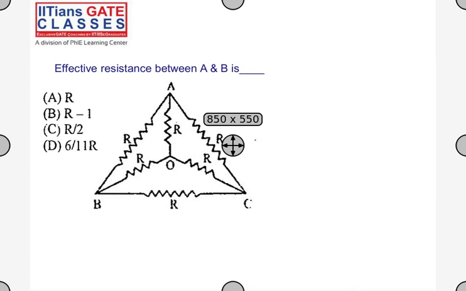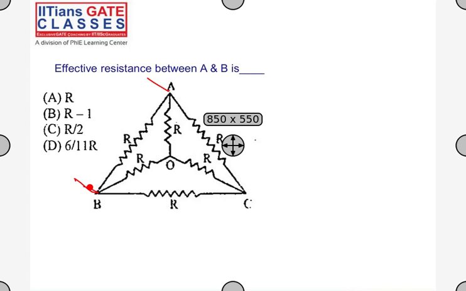Answer C. Right. So how did you do it? If you are thorough with the previous classes, you can directly answer the question. You have a delta here and a star here, so you can do that star to delta conversion from the center. Or, if I see from the terminals here,